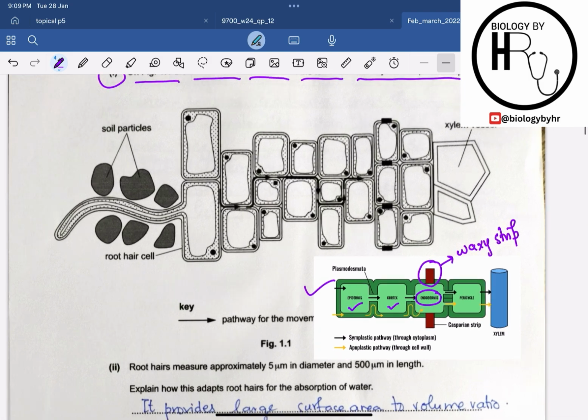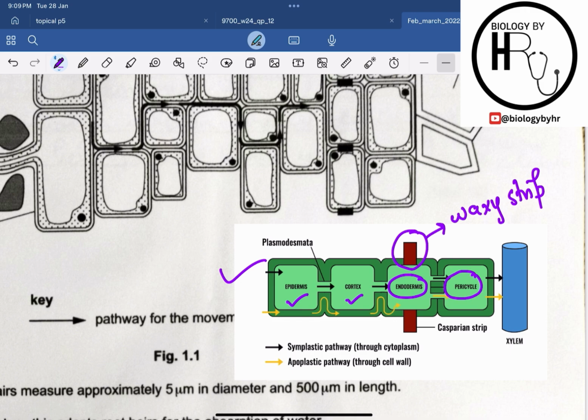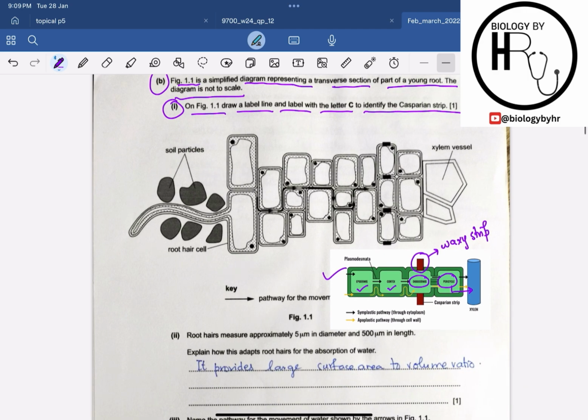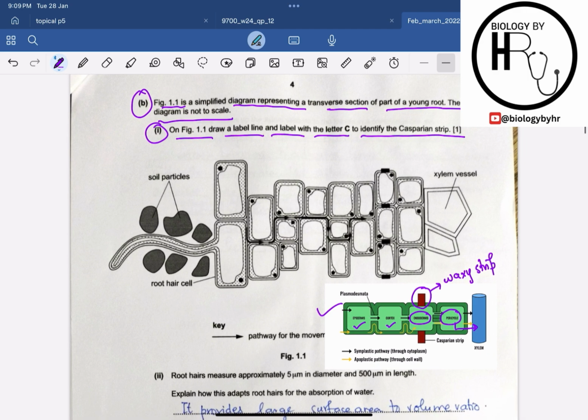apoplast pathway, and then comes the cells of the pericycle, and then the water enters into the xylem, right? Now basically what is meant by the apoplast pathway and what is meant by the symplast pathway, let us discuss over here. In the apoplast pathway, what basically happens is that the passage of water is basically through the cell wall and the intracellular spaces, right? And what happens in the symplast pathway, that the passage of water occurs through the cytoplasmic extensions which are known as the plasmodesmata,